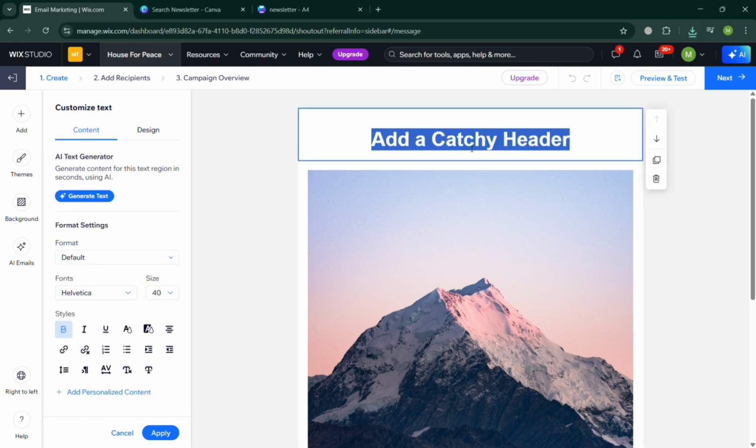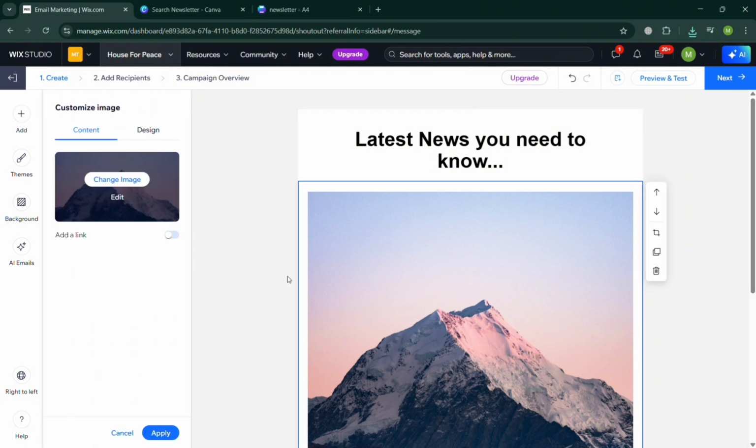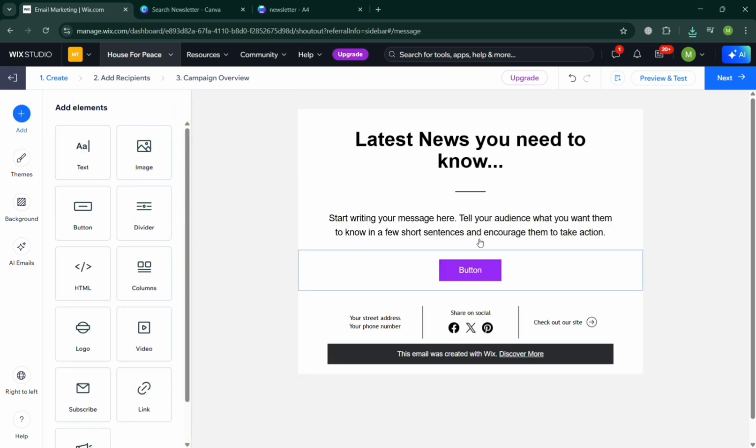But before that, I'm just going to simply enter here the title of our newsletter email. But you could also add more depending on your preferences. For example, I'm going to enter "Latest news you need to know" as the header or subject of this email. Now I'm going to click this image and click change image to proceed and simply choose the file from my